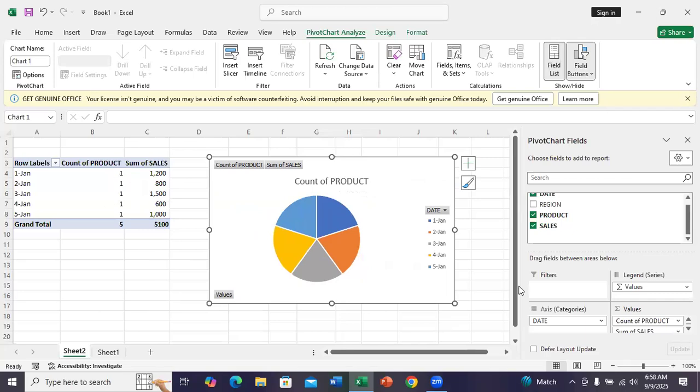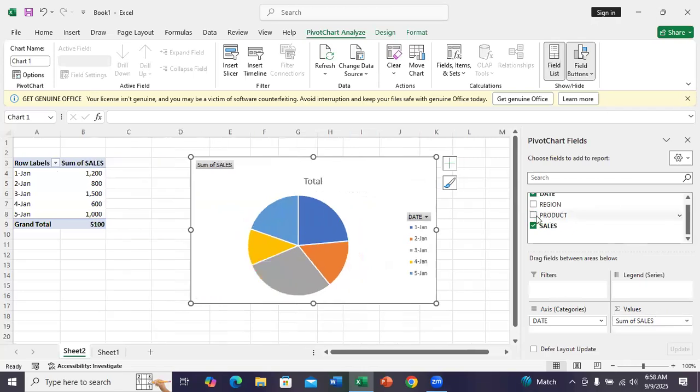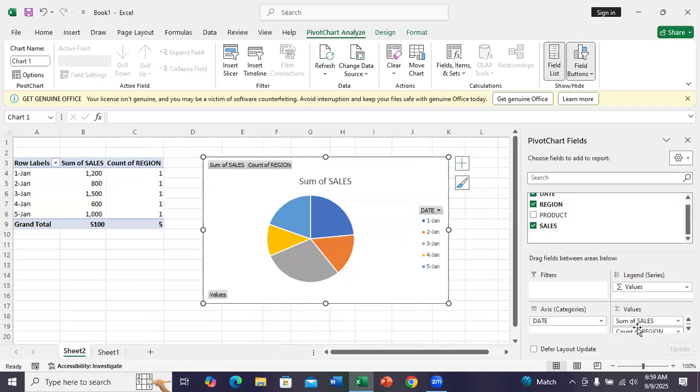Again, if you want to choose, let's say we remove the product, so we only have the sales. Let's add in maybe the region and the values. So we have sum of sales, count of region,